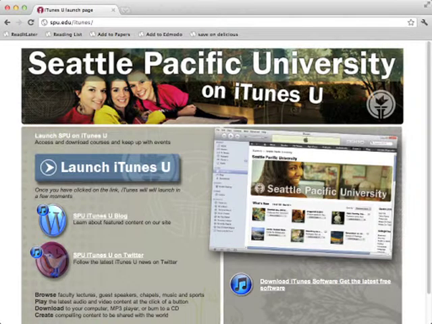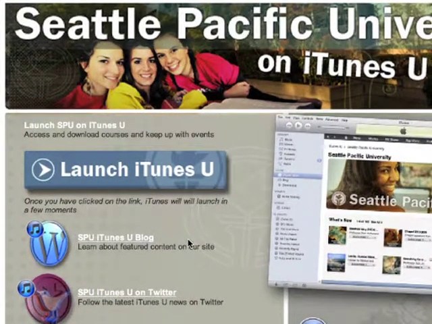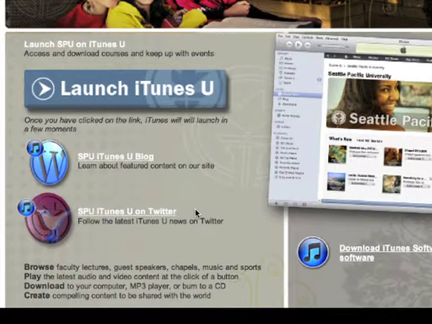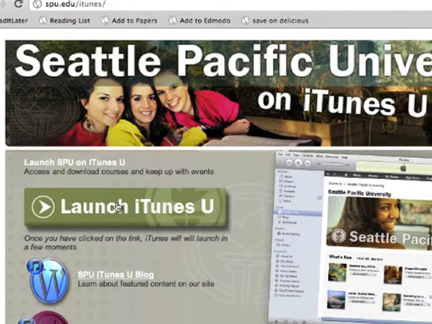And on that page, there's several things. I won't actually go into these, but there's a blog where as new content is added, there's someone that is blogging about featured content. There's also a Twitter feed to let people know whenever there is new content. And then there's just a launch button here. So clicking this launch button